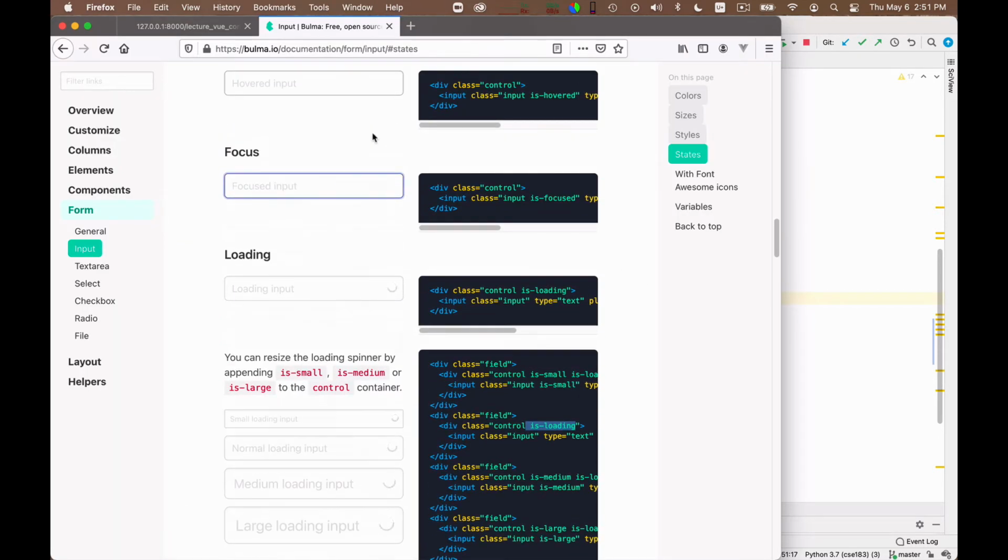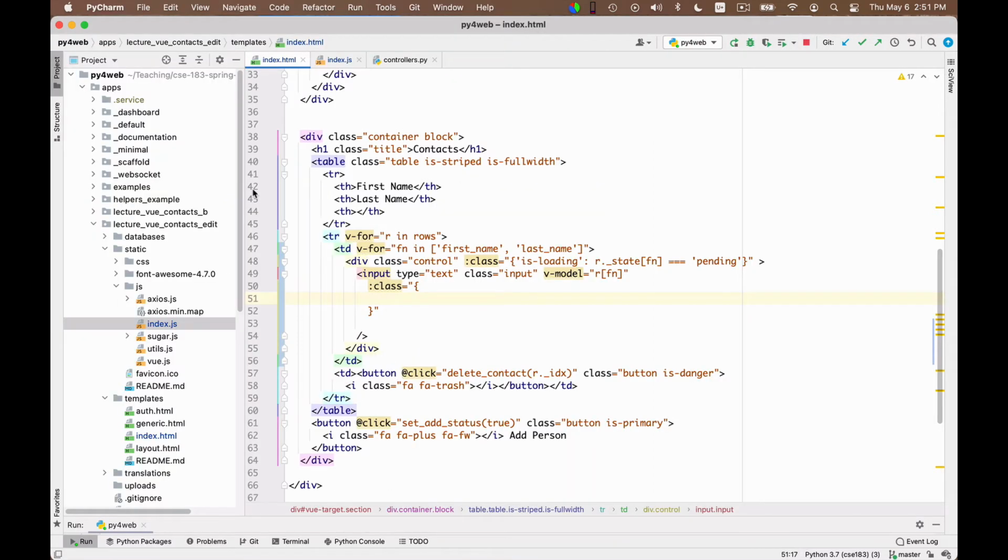One class is is-focused, for this blue line, and I want to use this when it's being edited. So what I write is this: I say is-focused. This is a class, and this is a JavaScript condition, which in this case is r.state of field name is equal to edit.